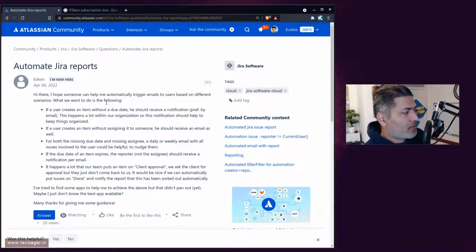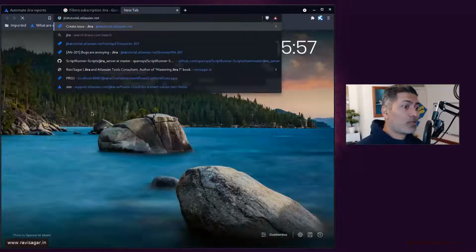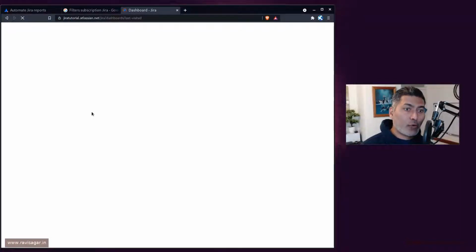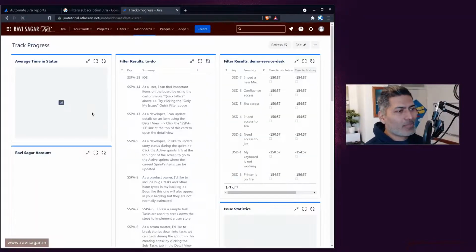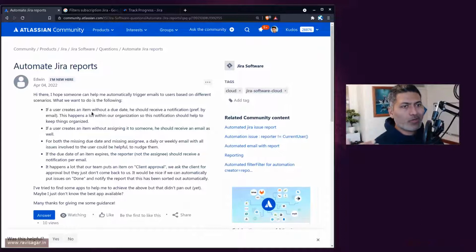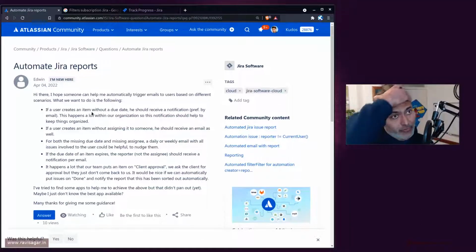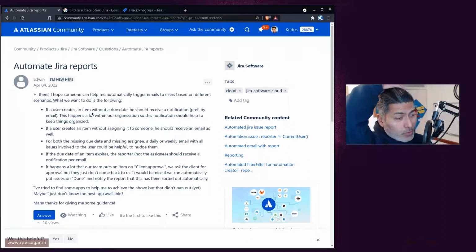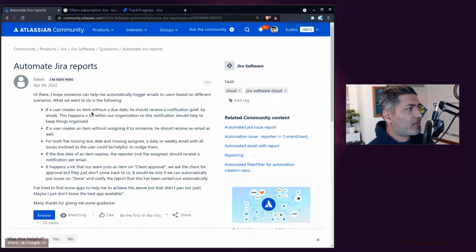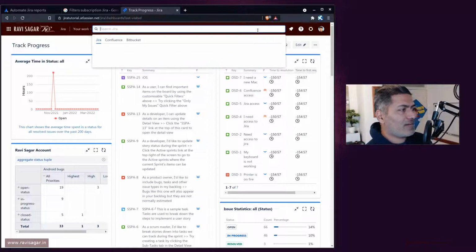Now the first point here is that if the user creates an item without a due date, then the user should receive a notification. So there are a couple of ways of doing it. What you can do is you can always go to your Jira instance and search for the issues based on missing due date and of course the creation date. So basically, you don't really want to do this if you're doing some kind of automation. The simple thing that we can do here is that we can simply write one JQL, something